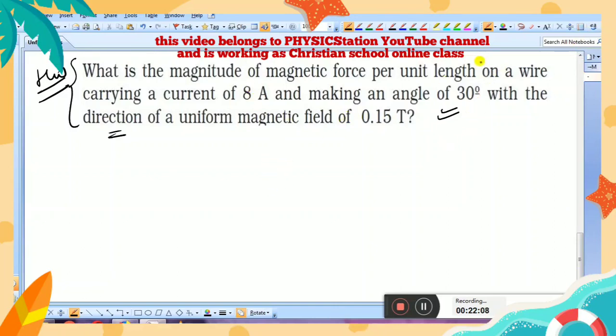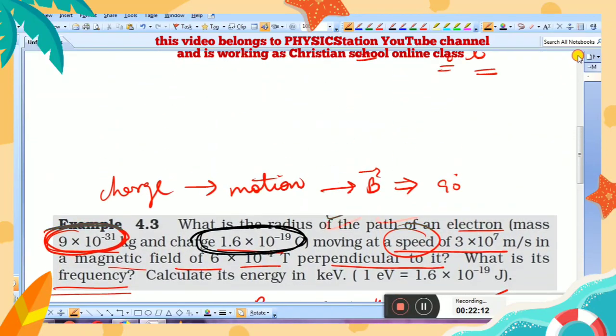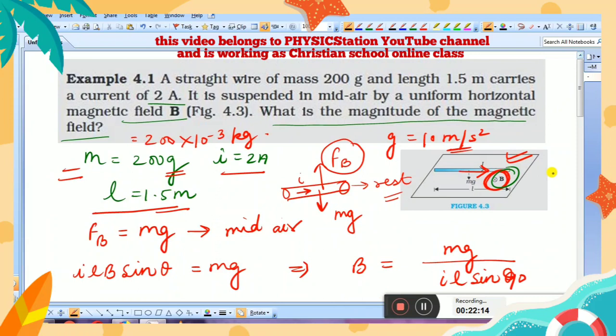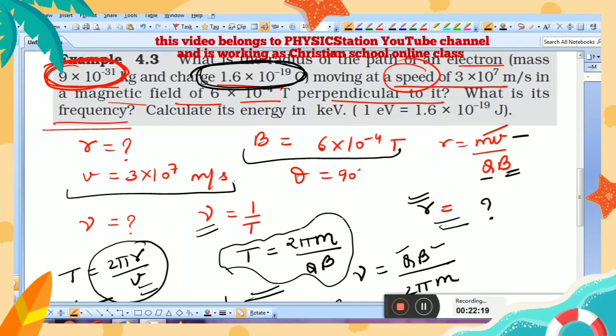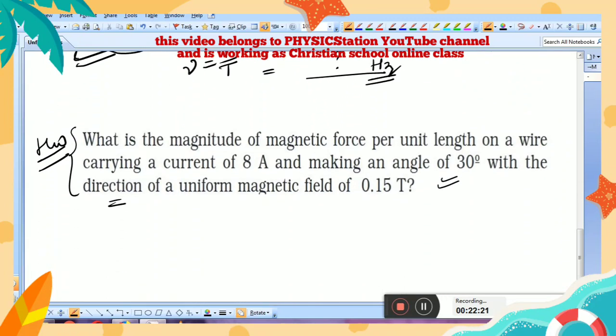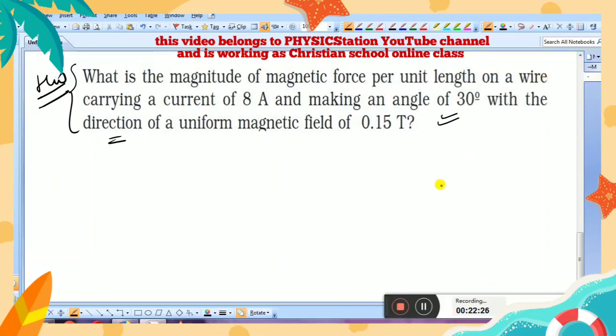So you do your questions, the numericals which I told, and find their answers. I told you the way you can do these types of questions, and in what ways questions can come. After that, the third question I had given you in homework. So you do this question and send me your answers on my personal number.